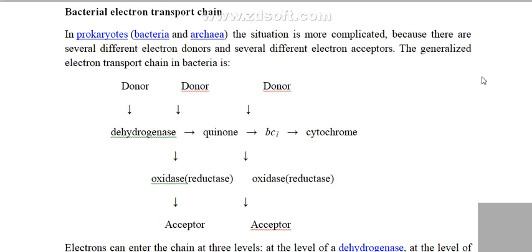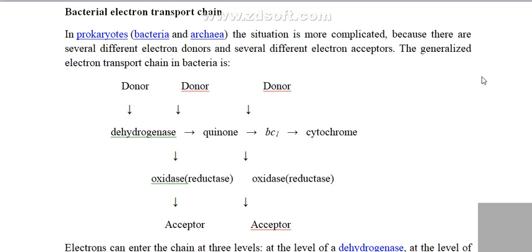When NADH gives the electrons to another electron acceptor molecule, it becomes NAD positive. Similarly, when FADH2 donates or transfers electrons, it becomes FAD positive. Okay. So these electrons now